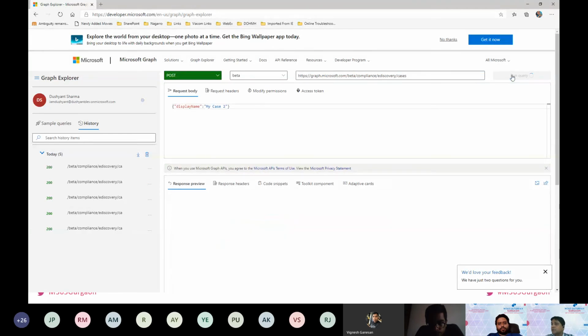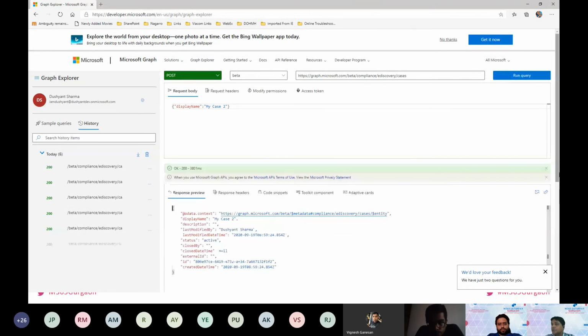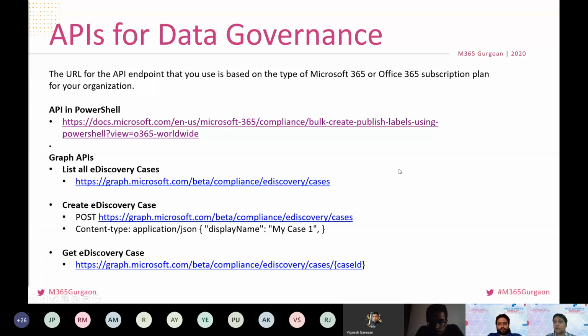Like I said, my case two, and it might work. Yes. If I go back again and try to see get, this time I should get two cases, right? So that's how, from the API, you can create e-discovery cases. That was a brief example of how you can create cases using the API.